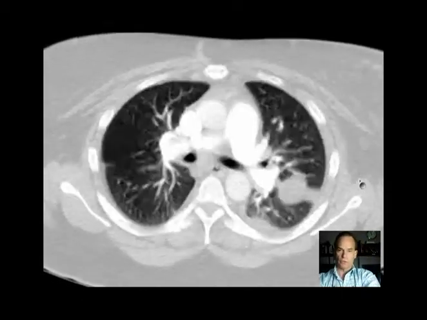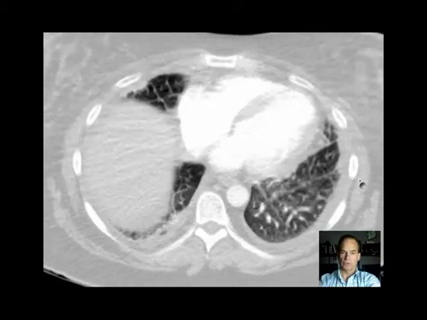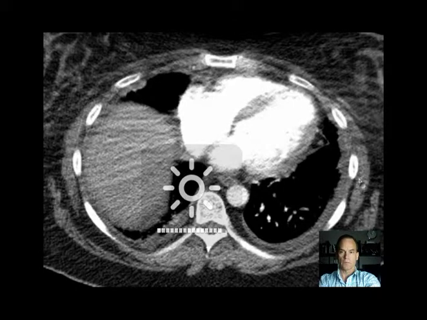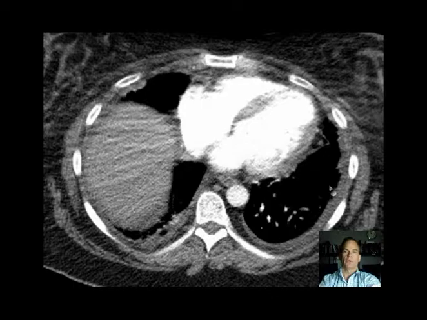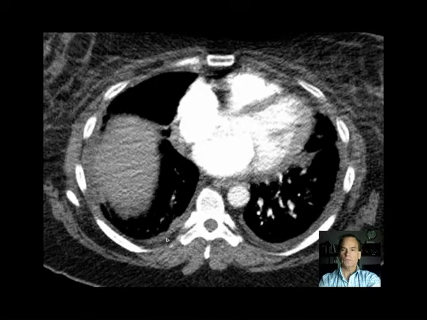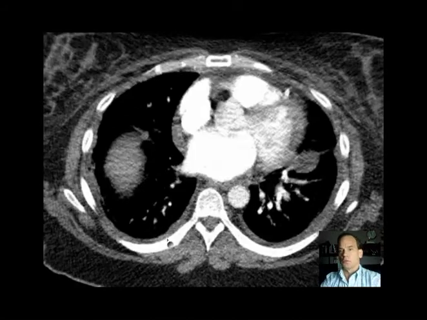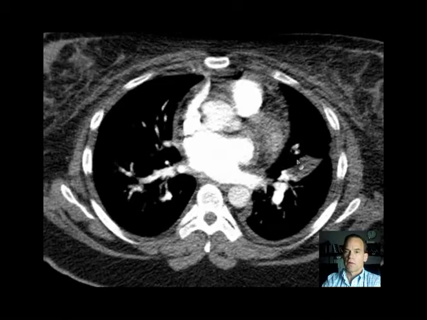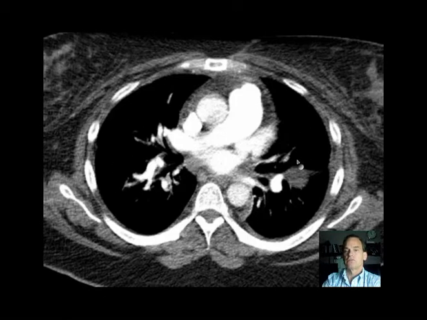So, first of all, there is pleural fluid on both sides, and if you use a regular soft tissue window, you'll see that there's pleural fluid on both sides, typical of congestive heart failure. Interesting though, what we also have here is what we call pseudotumor, a pocket of fluid in the major fissure